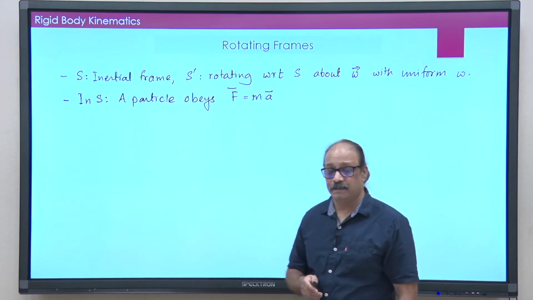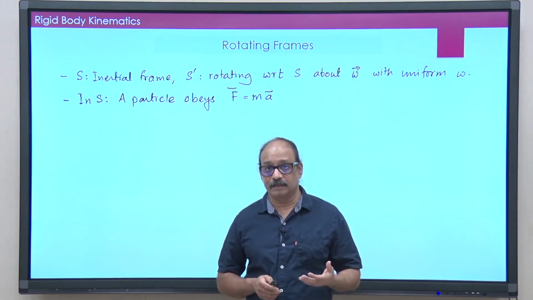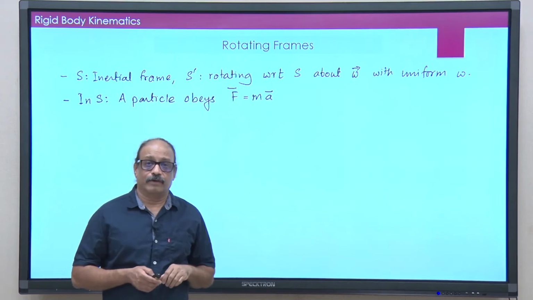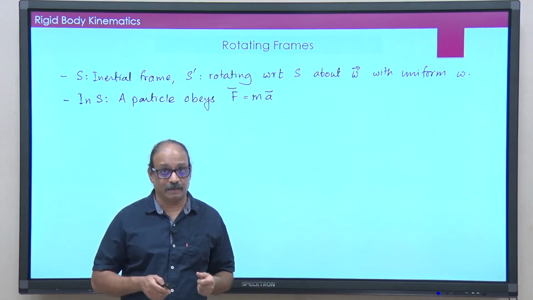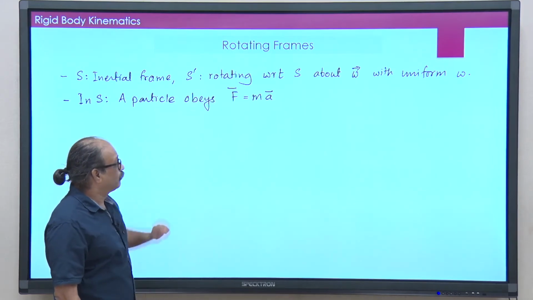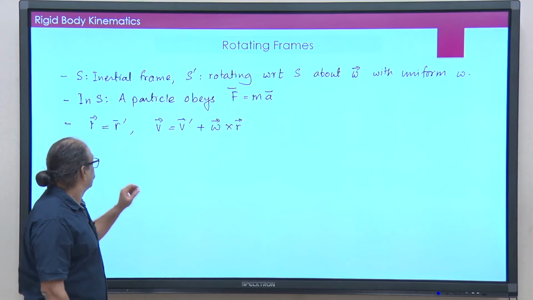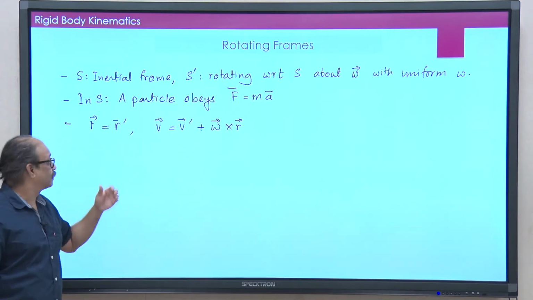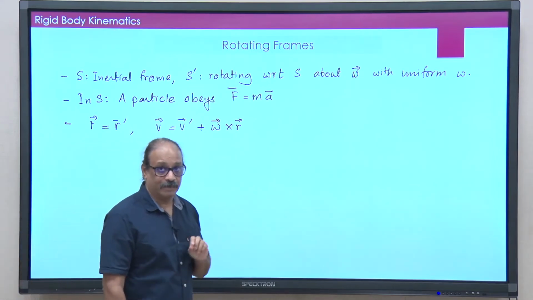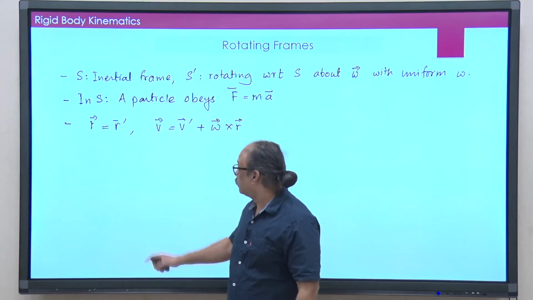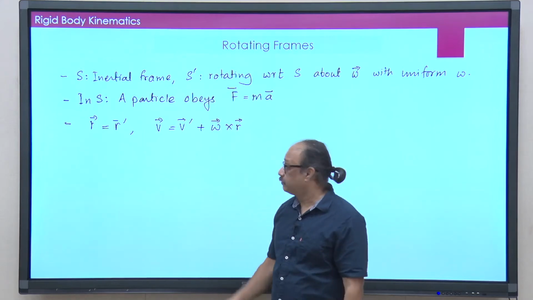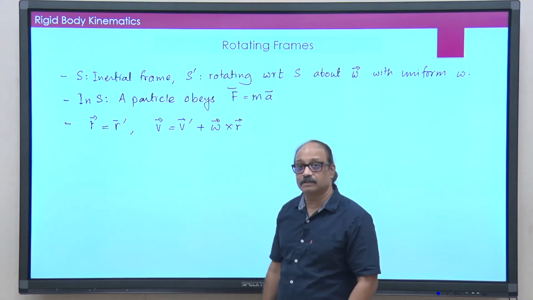If there is a particle in S, S is inertial. So, basically Newton's second law holds, F is equal to m a. What happens in the rotating frame? Rotating frame is not inertial, quite obviously, because it is accelerating, it is basically non inertial frame. Now, r is the same vector, it is seen by S and S prime both. Velocity vectors are not, velocity vector is rate of change of r. So, rate of change of r, that is v, is rate of change of r seen by S prime, that is v prime plus omega cross r.